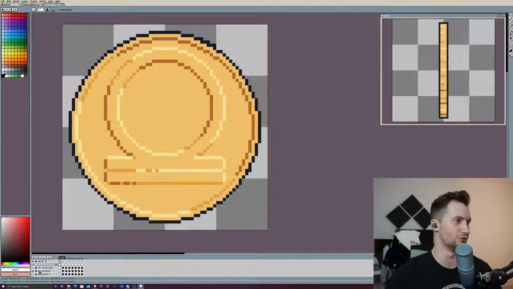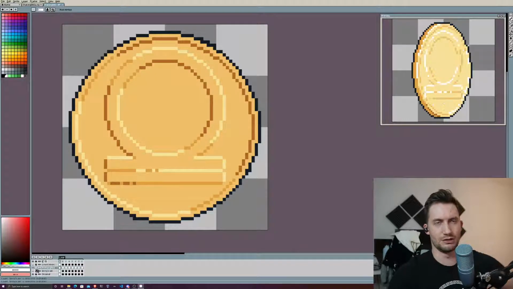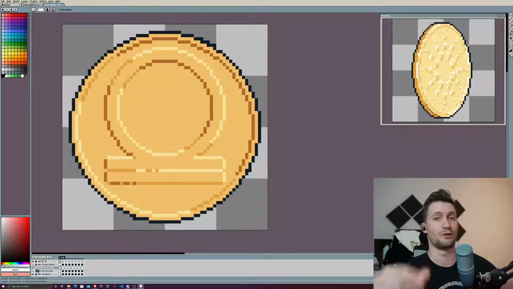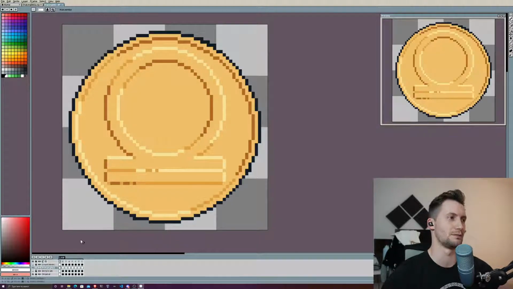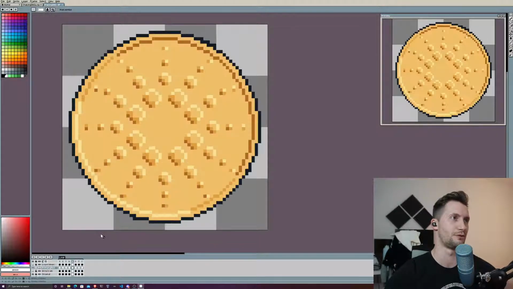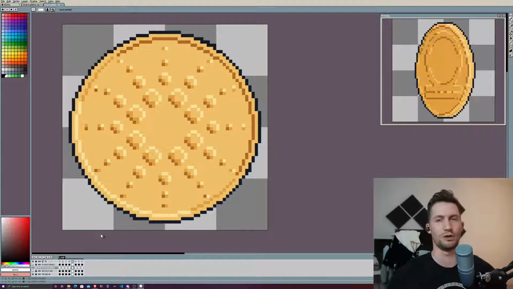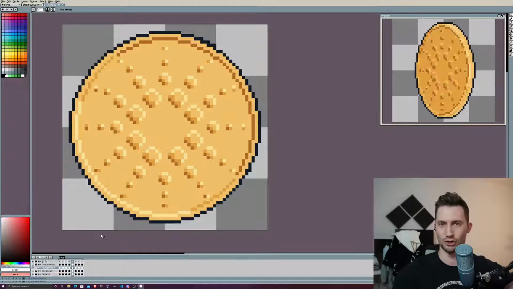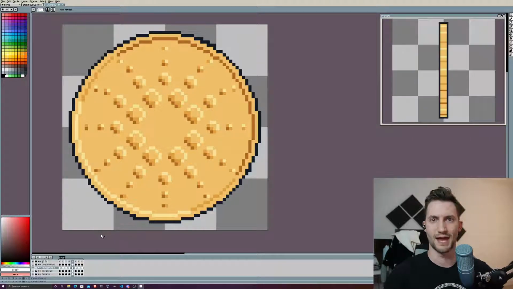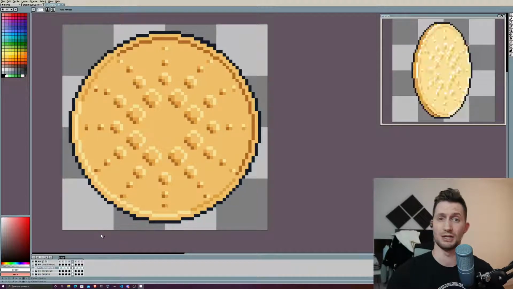We got the original. The original one here is based on the NFT that I did for our 100th block. So if you guys were part of that, you might recognize this. This is just the coin version of that NFT. And I use this because I wanted to do, which I spoke about when we initially made them, an animated version of this.